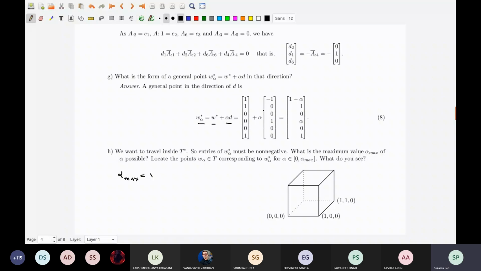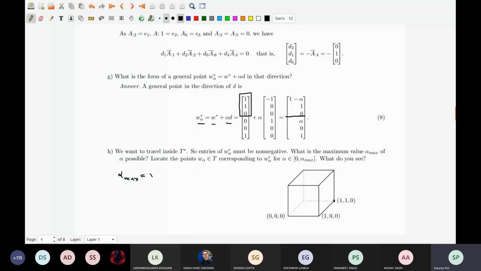Now remember, the first 3 coordinates were our original T. So right now, where am I? The point given by the first 3 coordinates, in T, I am standing at 1 1 0. And then what direction have I taken? I have taken the direction of minus 1 0 0, 1 0 0. And by taking this, I get the general point that I am looking at.